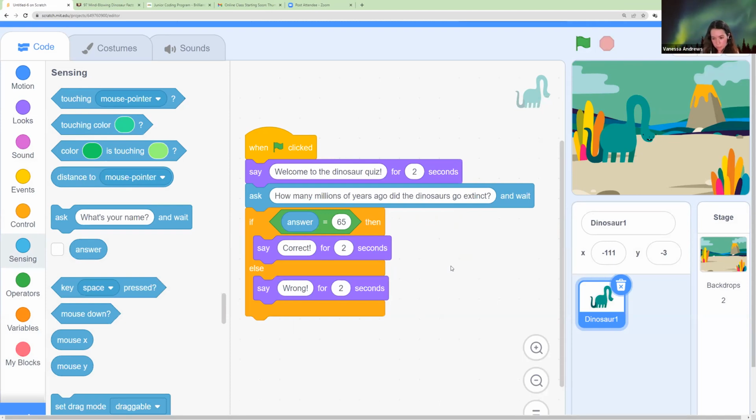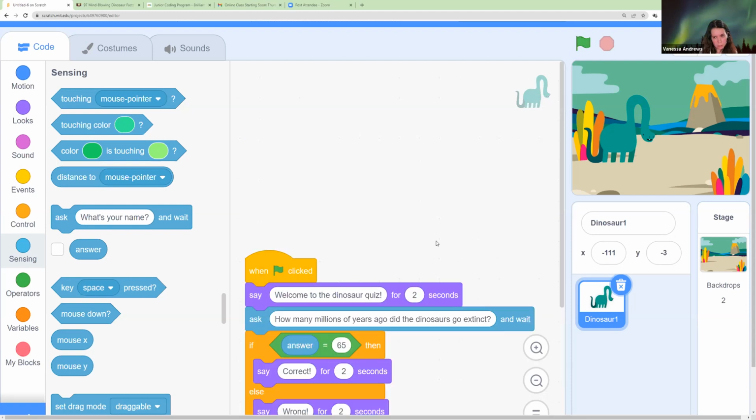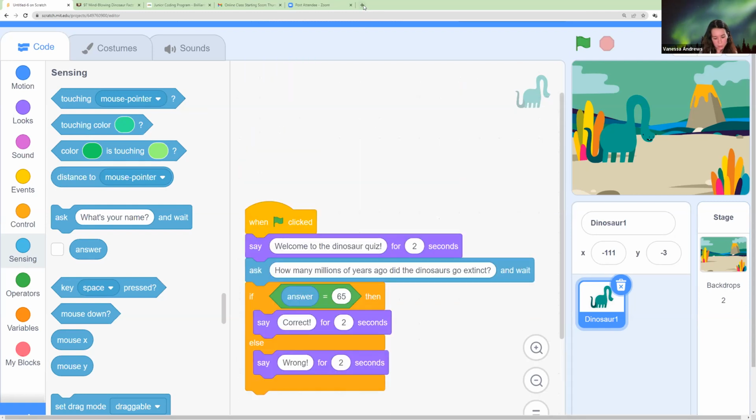I don't know what I pressed, but I got mixed up with a new project, and I don't know where my other project went. Where do you find other projects? Okay, if I go to Scratch,